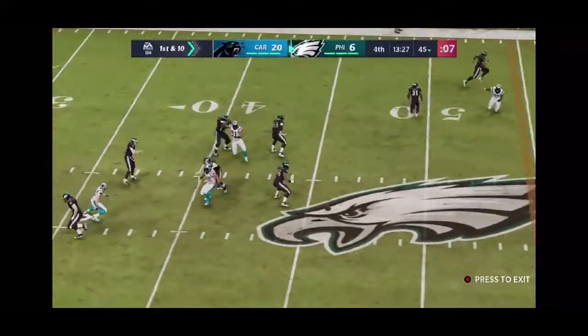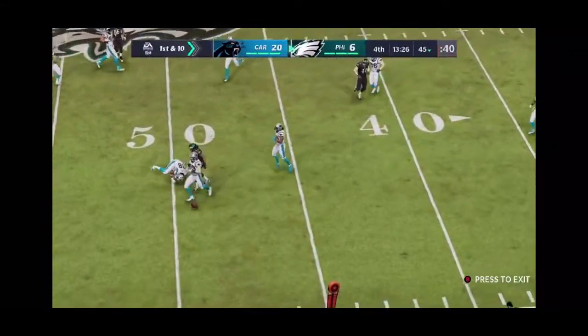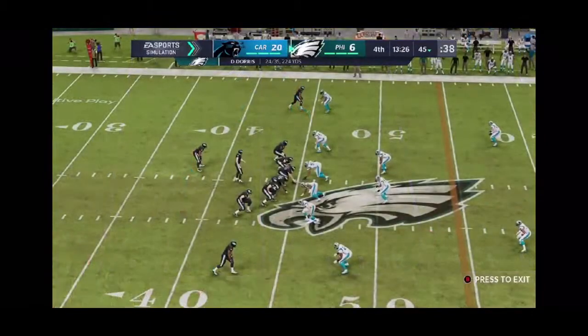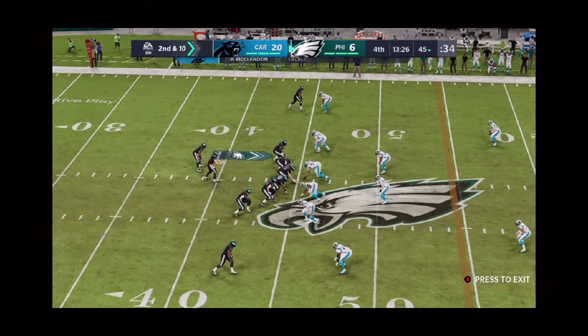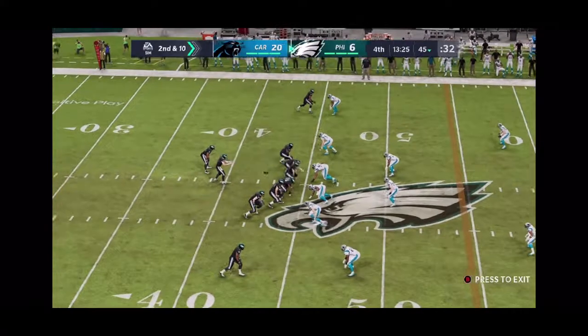They'll set up to throw. And that is incomplete. He couldn't hold on through the contact. Brings up second down. And incomplete. Brings up second and